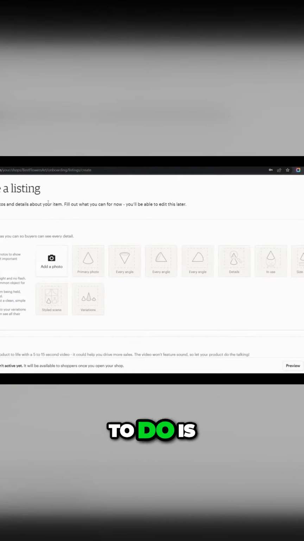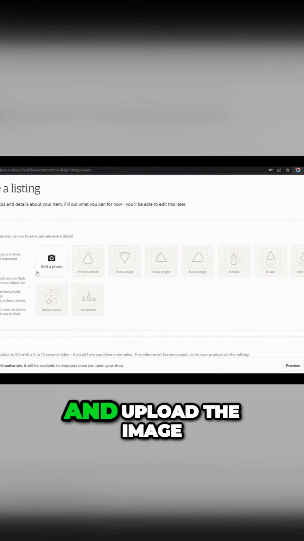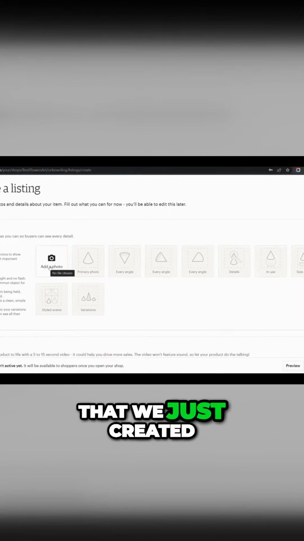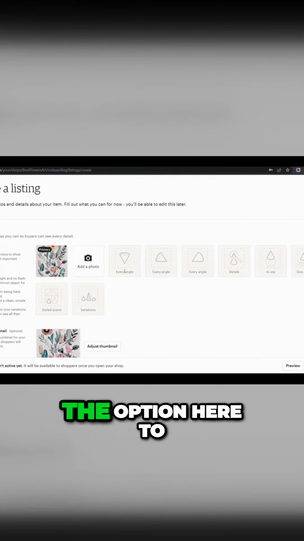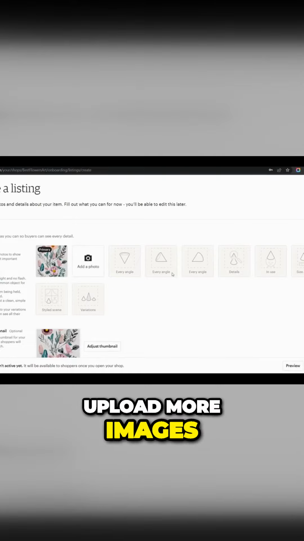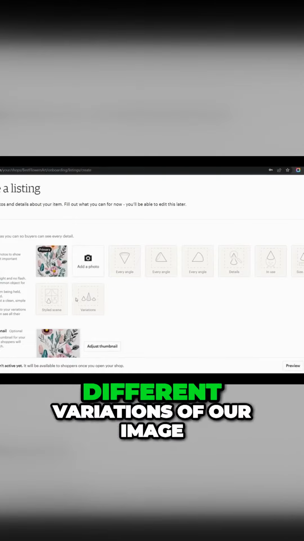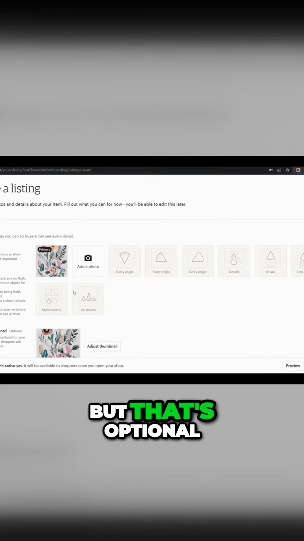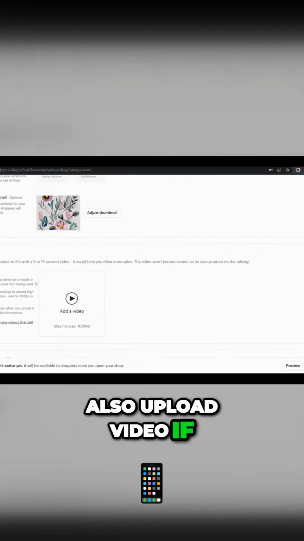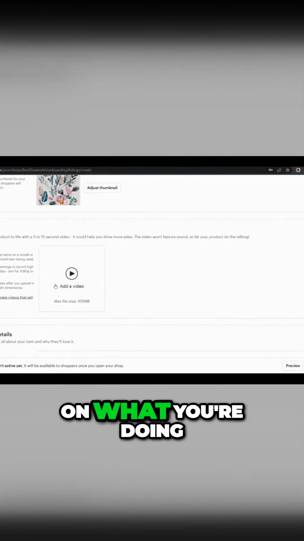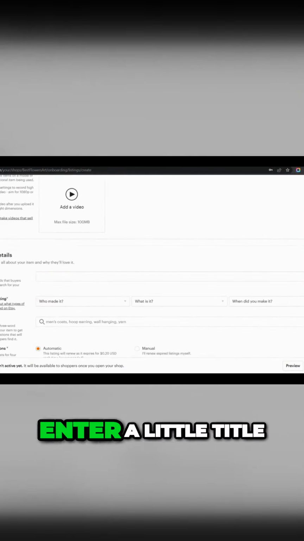So the first thing to do is click on this button here and upload the image that we just created earlier using Canva. Now, we have the option here to upload more images in different angles to provide different variations of our image, but that's optional and you don't have to do that. And you can also upload video if you have one. It depends on what you're doing. Now, we want to enter a title